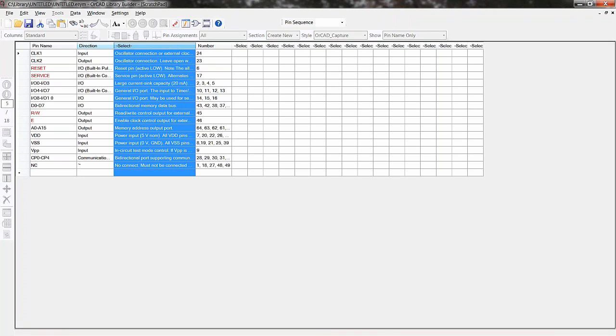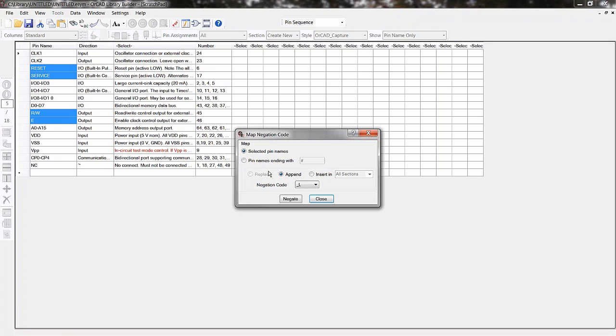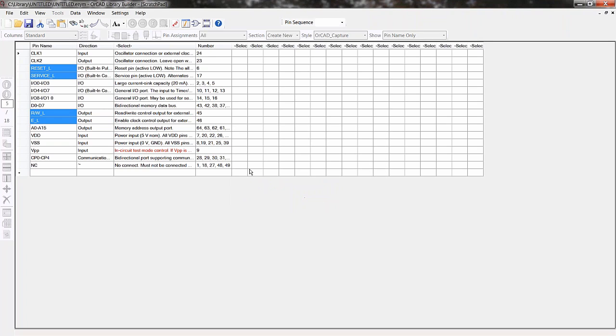we can now, in here, right-click on the screen and say I want to negate pins. And it'll find those highlighted red pins that had overbars in the datasheet, and I could append some nomenclature here, like _L for low or N for negated, or I could put the overbars in using the insert characters. So once I've done that, I am now ready to move to the final step of a table to build